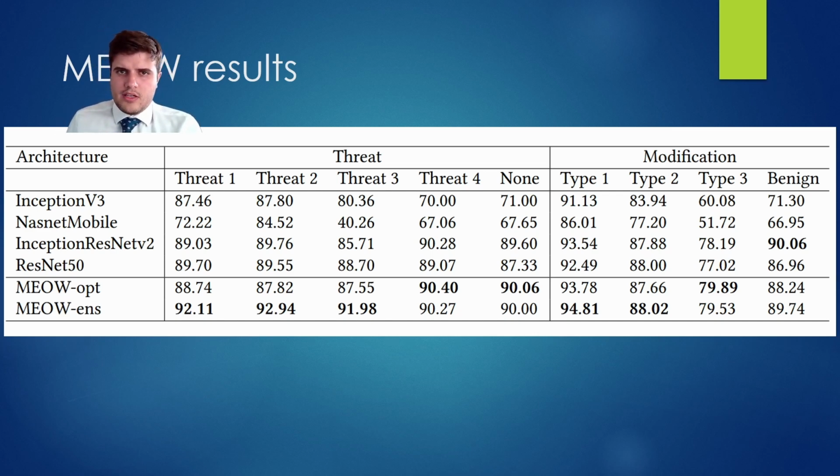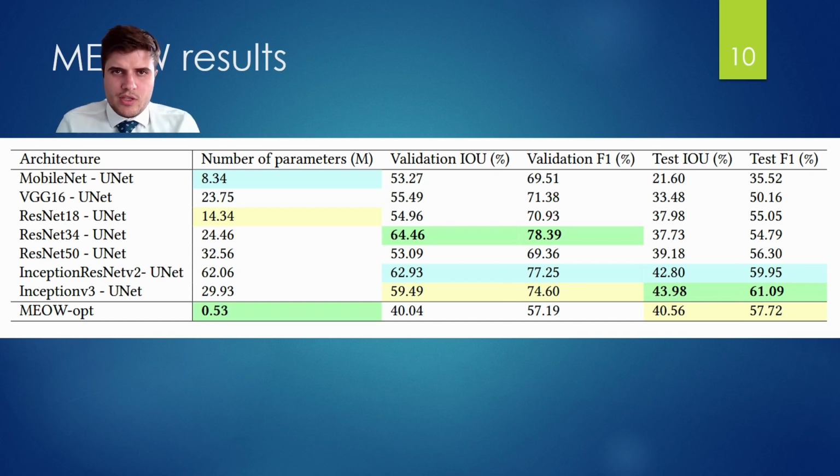We also test MEOW's ability to discover segmentation models, and thanks to the provided labels as part of the proprietary dataset, we are able to evaluate how it does when compared to some of the best UNet architectures, which is currently on the screen. While here MEOW does not achieve the highest test IOU or F1, it is still in the top 3. More importantly, MEOW architectures have only a fraction of the parameters of the other approaches as seen in the first column, and is one of the few edge-compatible architectures on the list.